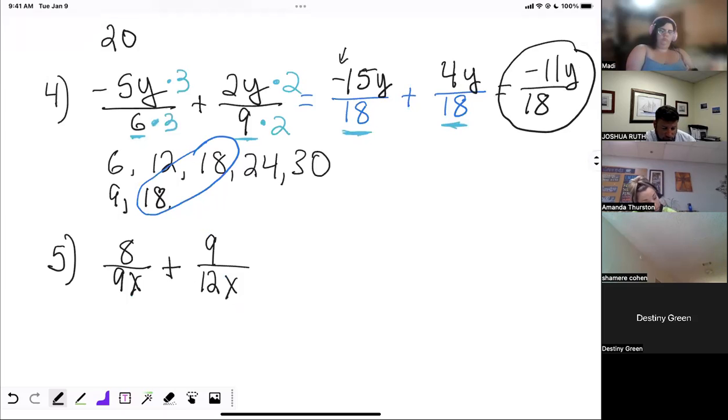The x is just going to stay, right? So x is going to stay, but I still have to get my numbers in the denominator to be the same. So I'm going to do my multiples: 9, 18,